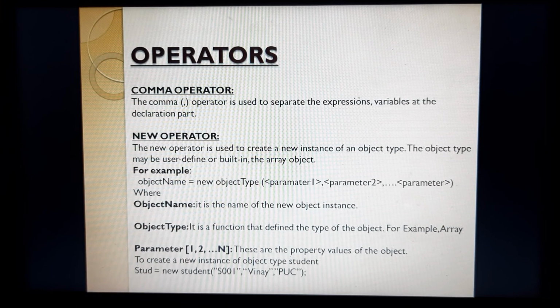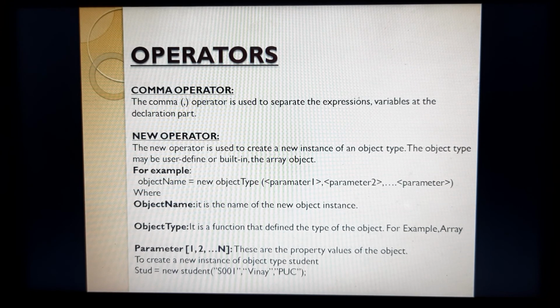You can see the example also: object name, new is a keyword which is called an operator, then object type, and in parentheses we may have n number of parameters. The object name is the name of the new object instance.